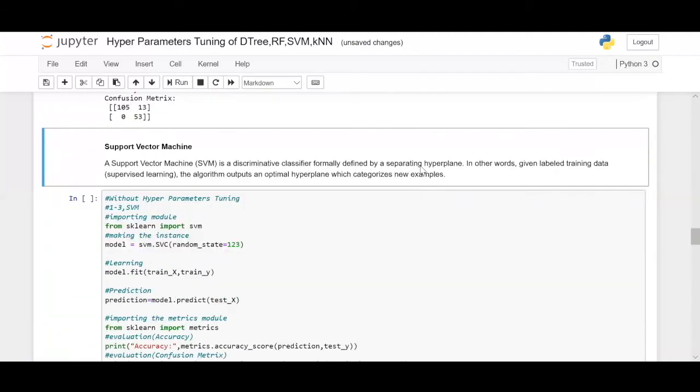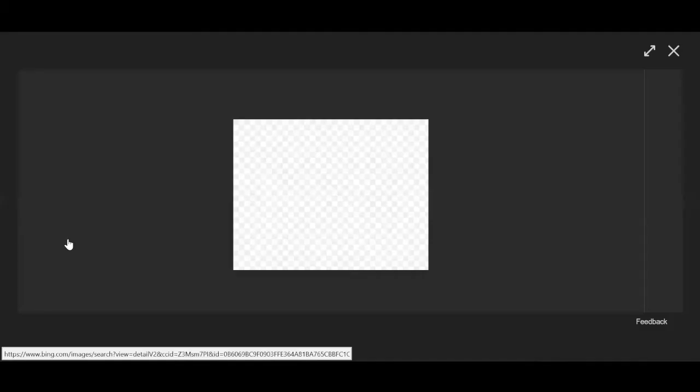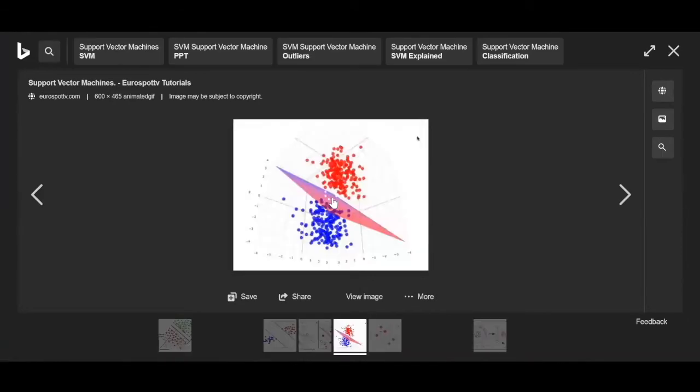So, support vector machine. Before we move on, I'll just show a nice picture of SVM. Do you see this? During classification time, all the data points are plotted in an n-dimensional plane. So how you differentiate between these data points is a hyperplane. Do you see this huge square in between the red and blue? It's a hyperplane, which is like the boundary line between the two classes.